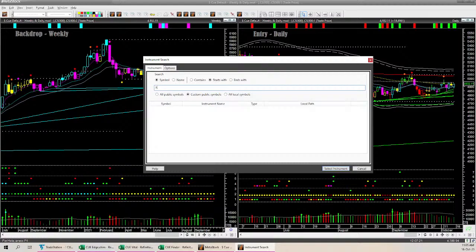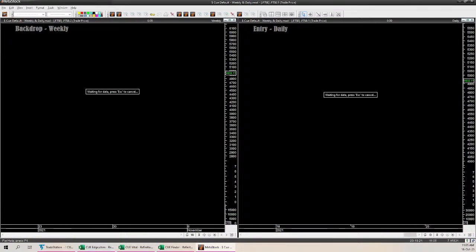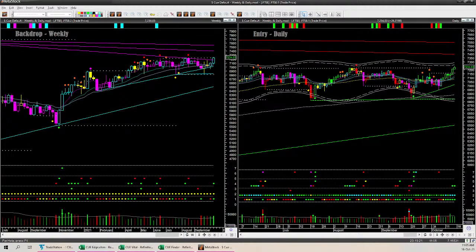Next, UK's FTSE index. FTSE was also moving sideways inside a box. Now it is still inside the box in the daily chart. It is at the upper edge of the box. It is possible that price may come down from here, and it is also possible that price will break out